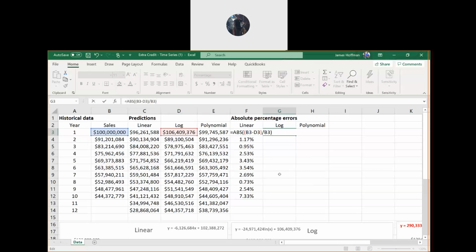So again, it's actual minus prediction divided by actual and this is comparing it to the log. So ABS B3 minus D3 divided by B3. Okay, that one gives us 6.41%, and you can grab the bottom right corner of G3 and drag it down like this.